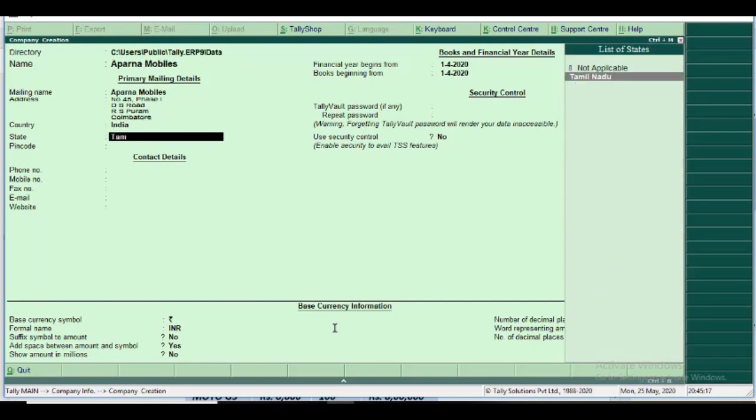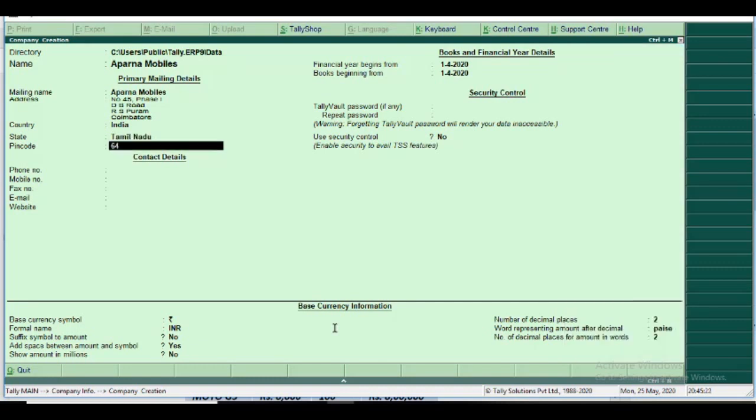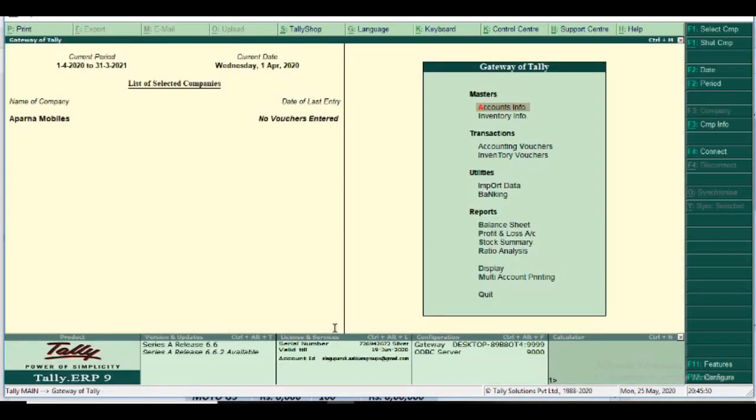For state, you must select Tamil Nadu. Pin code is 641002. Leave the next one blank, it is not used. Contact details. Financial beginning date is the same, 1/4/2020. Book beginning is also the same, 1/4/2020. I leave the rest. So the Abarna Mobiles company is now created.